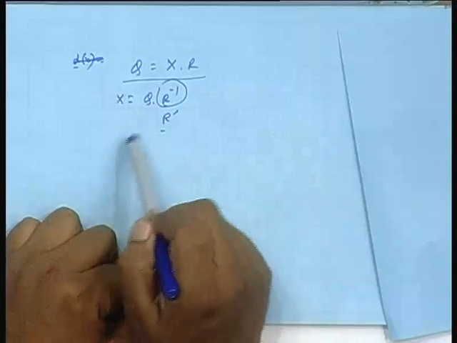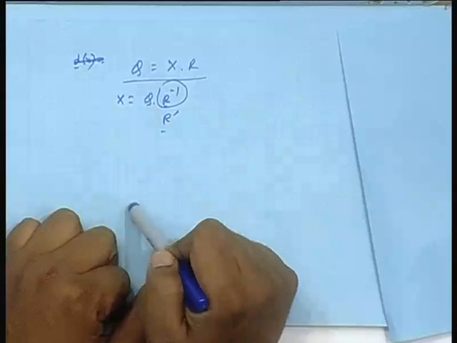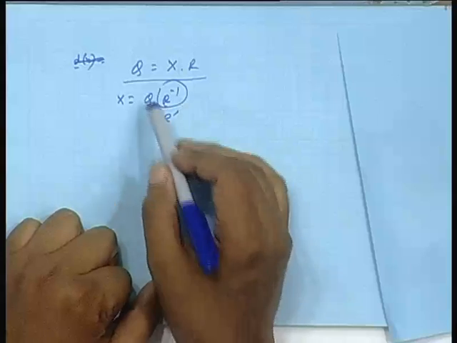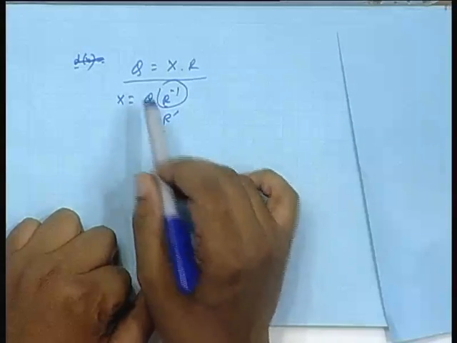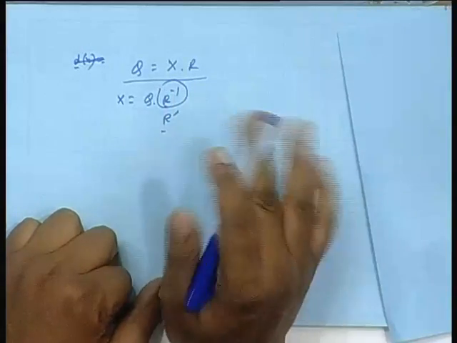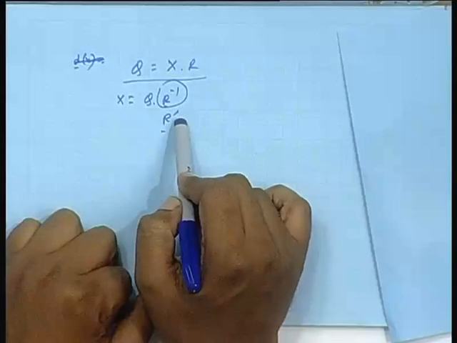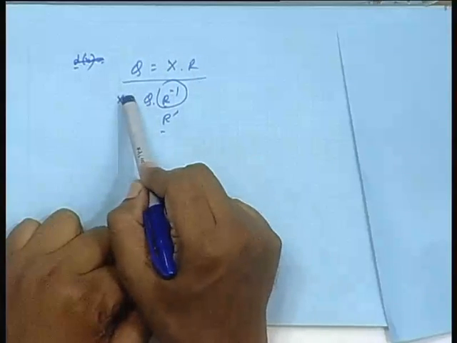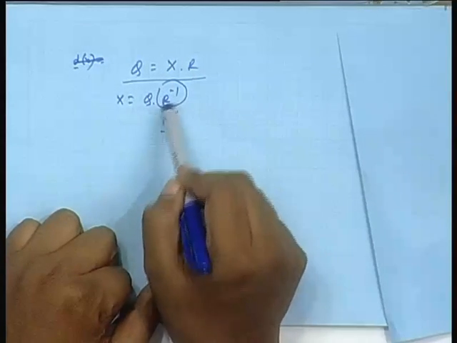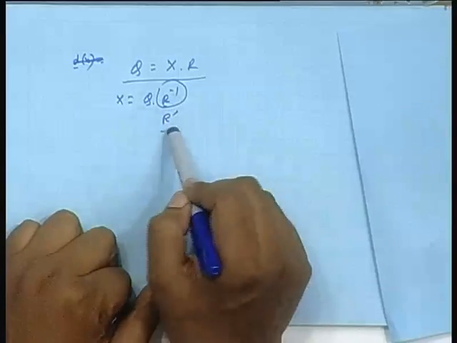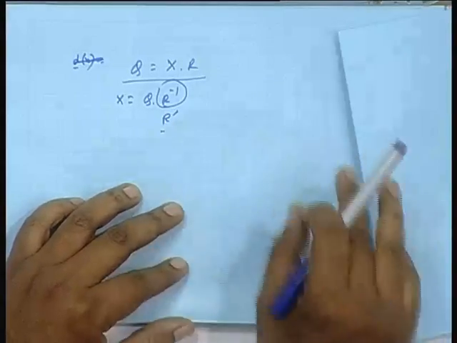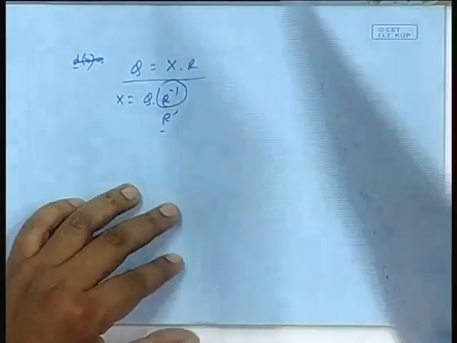X, any given matrix, is Q R factorized, where Q is a rectangular unitary matrix. Rectangular means number of rows greater than or equal to number of columns, and this R prime is an upper triangular matrix. Okay, we will be using this form. Now, R prime is R inverse, R is invertible. If R is upper triangular, how R prime is upper triangular, it is not difficult, you take it home. This is not coming in our business, so I am not bothered about that now.